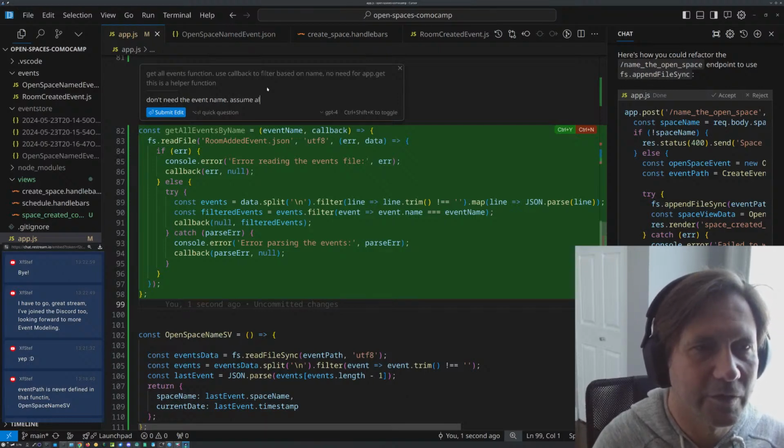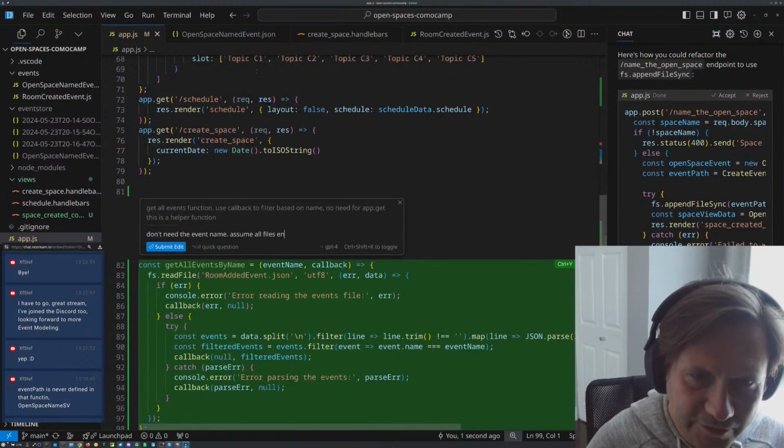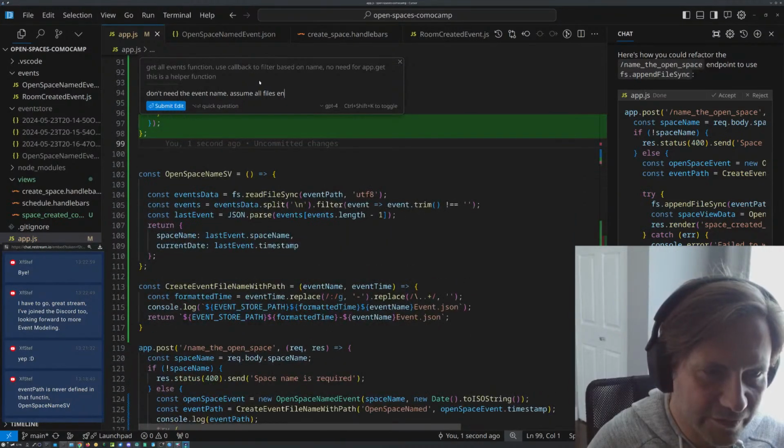Assume all files in. Where is that damn thing? I don't think it's taking all the event store path.